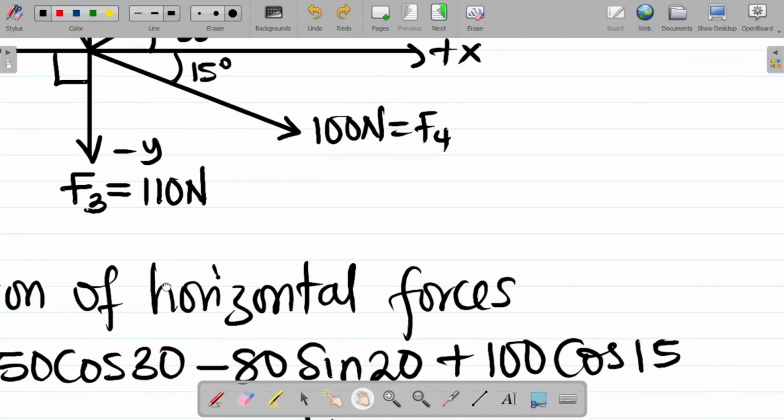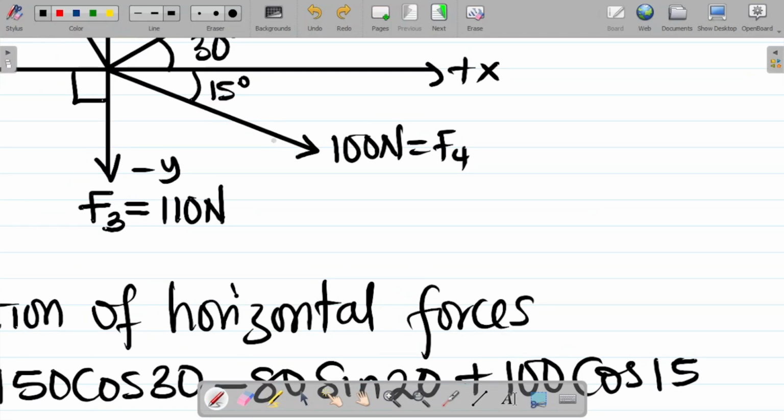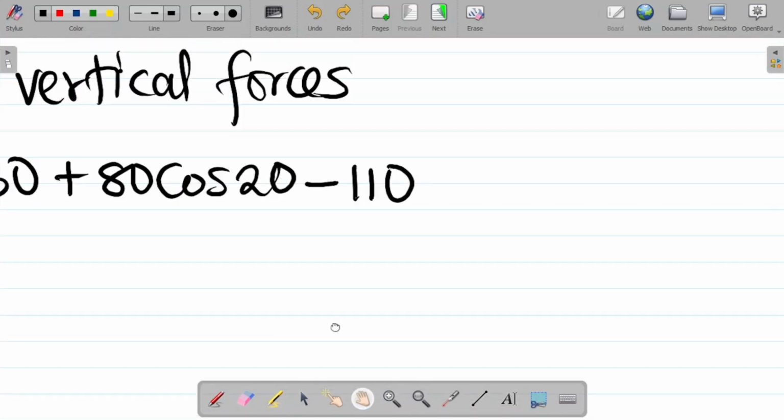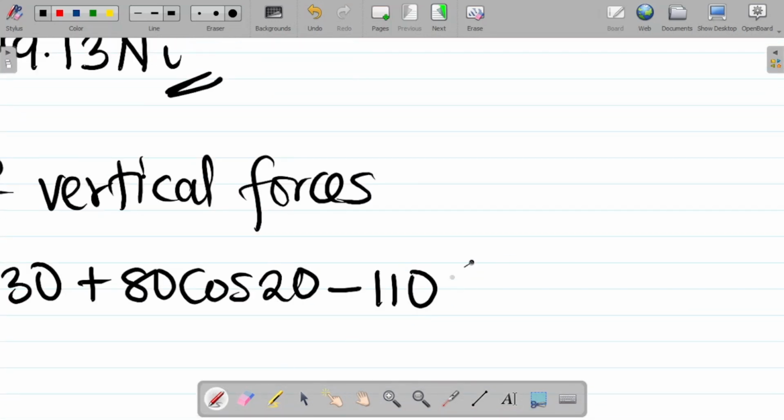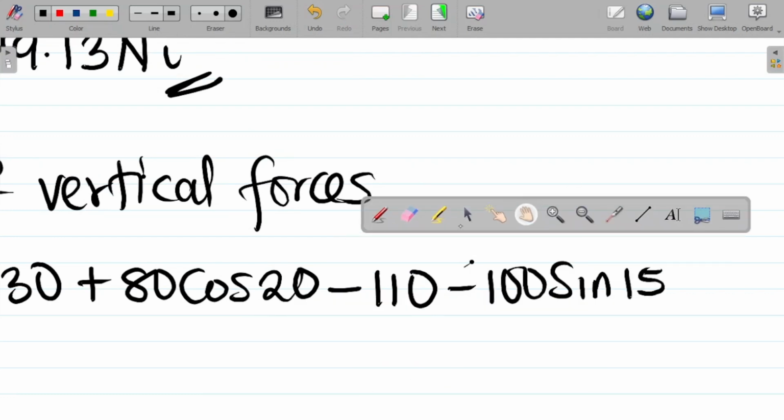The final one there becomes the 100 Newton. Resolve this to the vertical, that's to the y-axis. What you have there is a negative of y. All right, so it becomes minus, the force is 100, then sine of the angle there, 15, right? It's sine because the angle is between the force and the horizontal line, so it becomes sine. I have minus 100 sine 15. Okay, so minus 100 sine 15. All right,